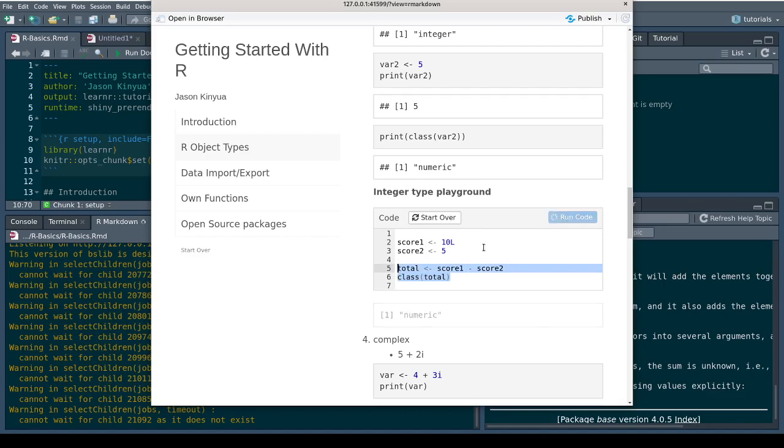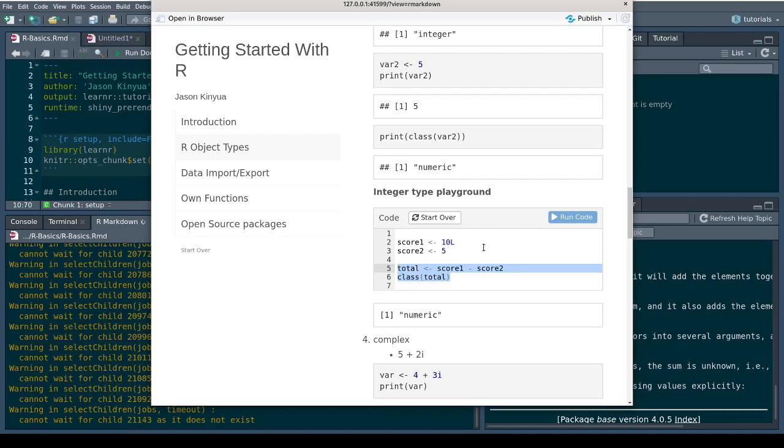What will be the class of the total? A numeric. Yeah, I think that is very important to take note of. When you are operating between data types, R will take the most general type.